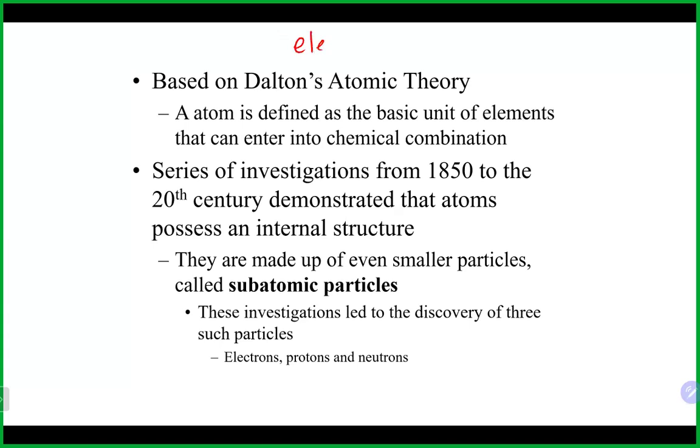Electrons, which you may be familiar with, are negatively charged particles. Protons, which are positively charged particles. And neutrons, which are neutral, have no charge. So although atoms are extremely small, they're made up of these even smaller components, protons, electrons, and neutrons. And we're going to talk about sort of the experiments that led to the discovery of each of these subatomic